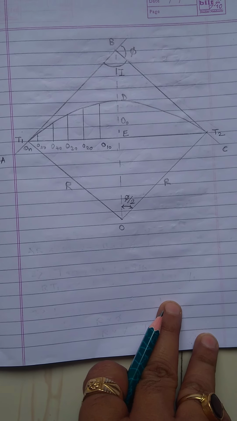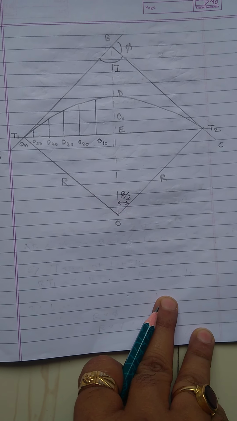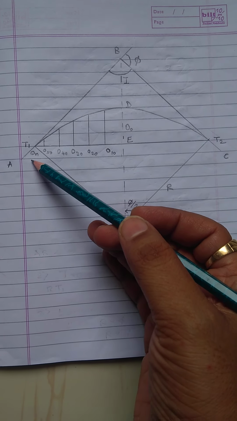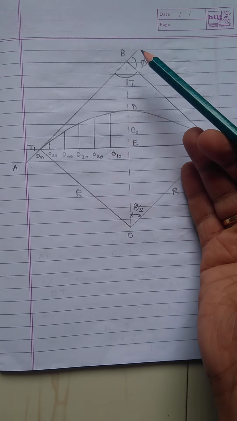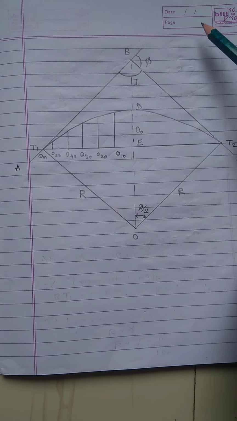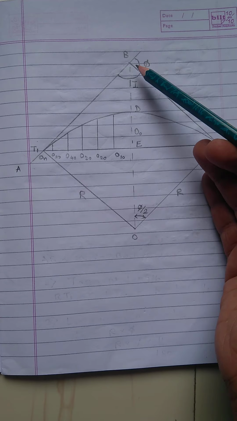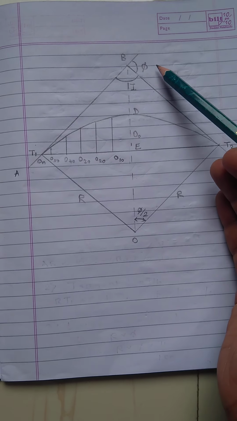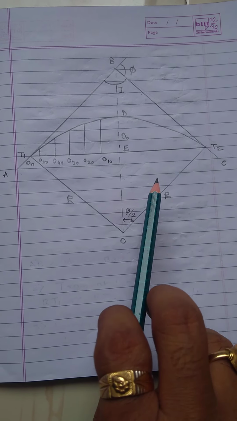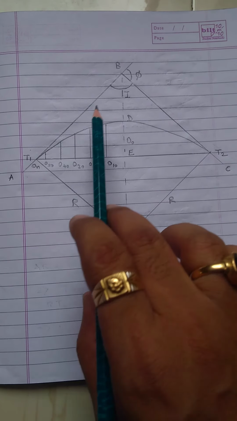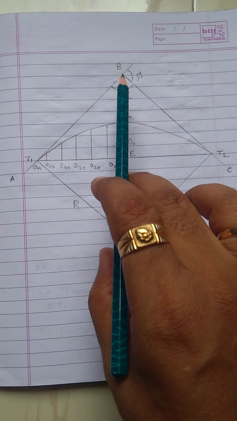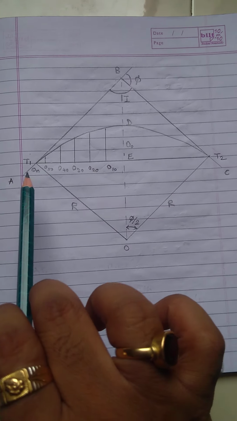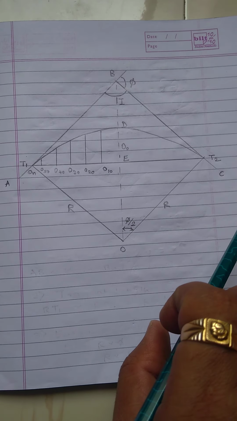Now you will see that this is the sketch of a simple circular curve. In the sketch, your alignment of highway is starting from point A, it is going up to point B, and due to some obstruction the alignment is deviated from point B by an angle of phi. This angle phi is known as deflection angle. AB is the back tangent, BC is the forward tangent. These are just the alignments.